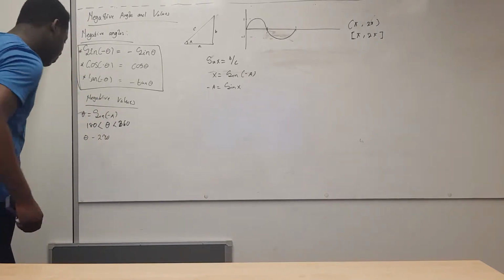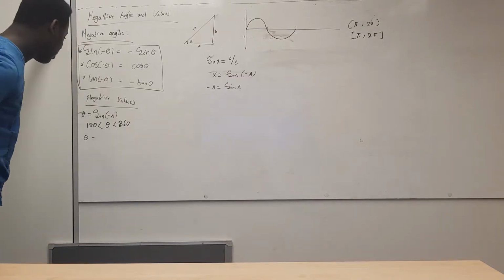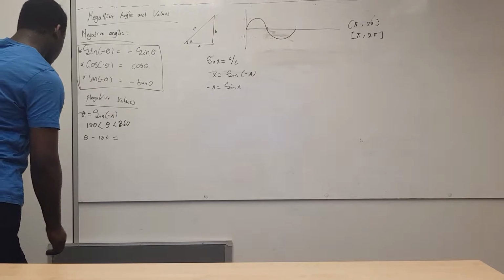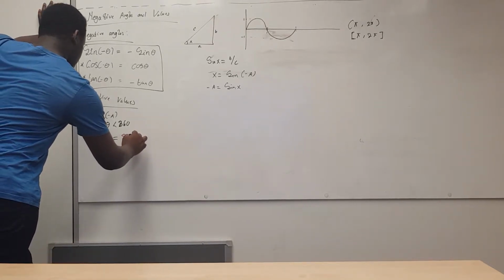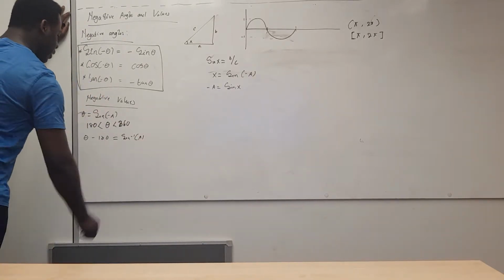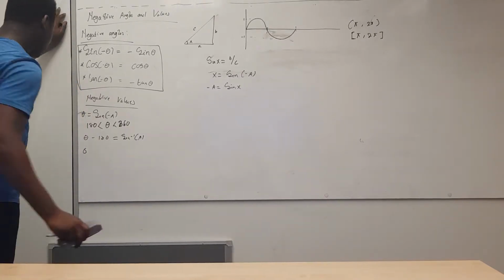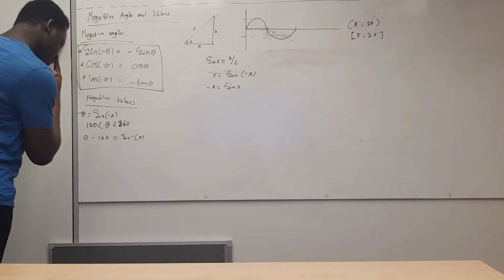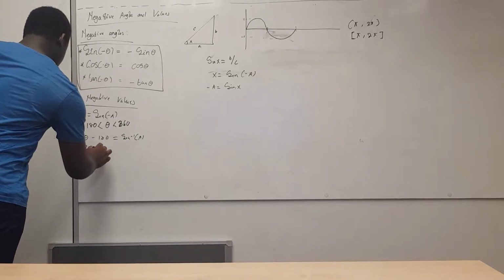That is equal to sine inverse of a, the positive, take the absolute value and get the positive. And because it's negative also in the fourth quadrant, it's 360 minus,